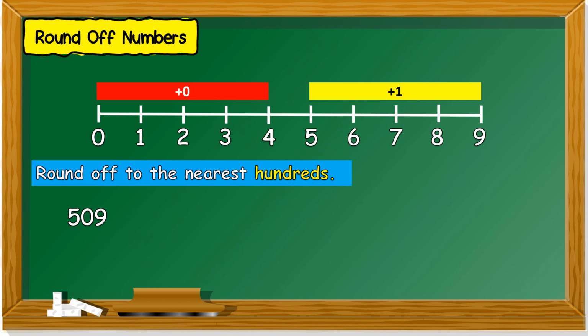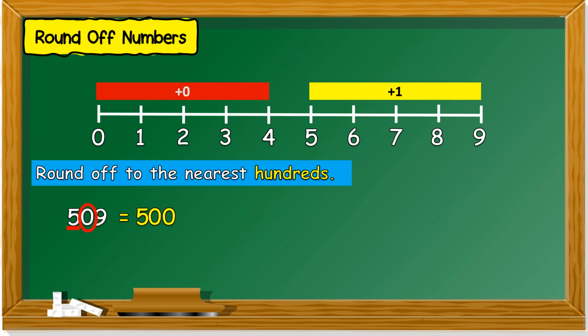First example, 509. On the place value of 100 is 5. The friend on the right, 0. We look at the number line, 0 is here. So, we do not need to add anything, plus 0. When we round off 509, it becomes 500. Remember, when you round off to the nearest 100, bila kamu bundarkan kepada ratus yang terdekat,